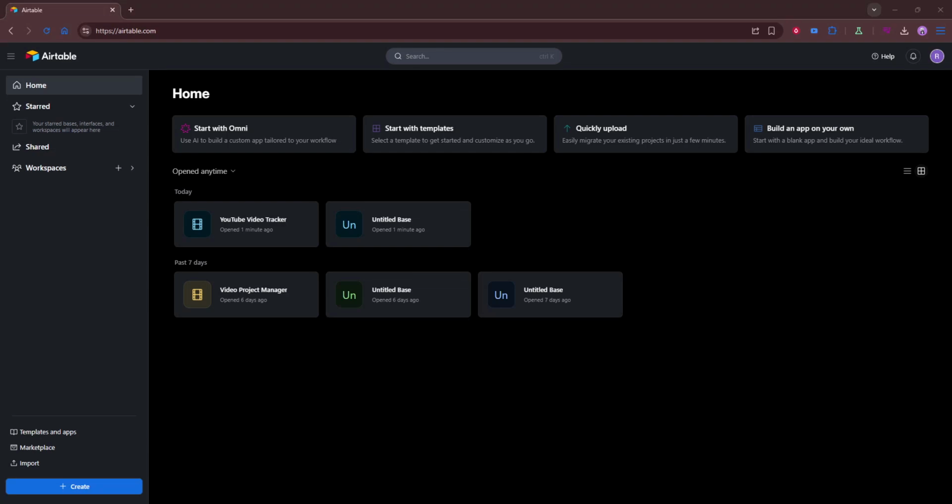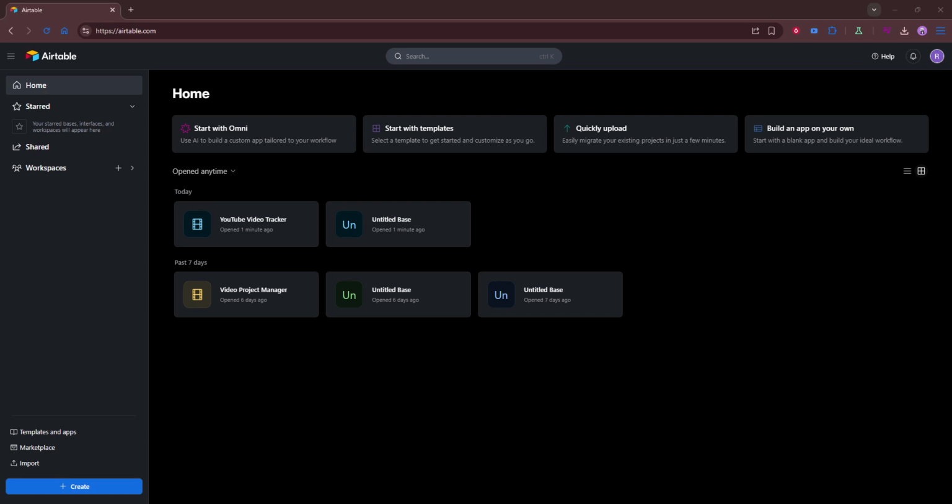In today's video, I'm going to teach you how to export a sheet from Airtable. We're going to walk through the full process of taking data from an Airtable table, exporting it as a CSV file, and then opening it in a spreadsheet program so you can review it, format it, and save it for later use. This is useful if you want to share your data, back it up, or continue working with it